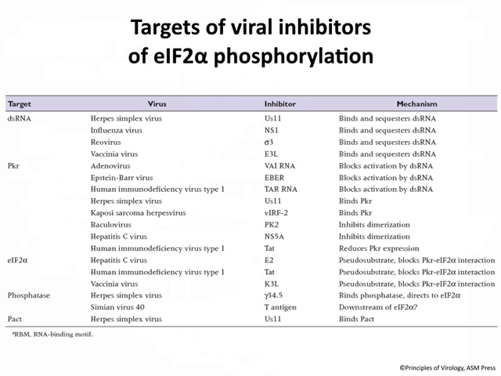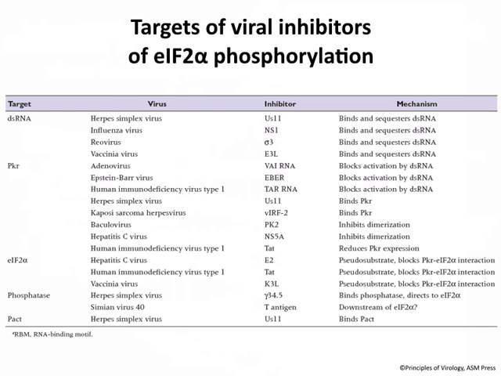And I just want to show you some examples of other viruses. You just need to know in general that viruses have to antagonize this PKR phosphorylation system. You don't need to know individual mechanisms, but I want to show you here, different viruses are listed in the middle, and these are the targets at which they antagonize this phosphorylation of EIF2. So I just told you about adenovirus VA-RNA. Here it is, VA-RNA, which is an antagonist of PKR, right? It binds PKR and prevents it from activating.